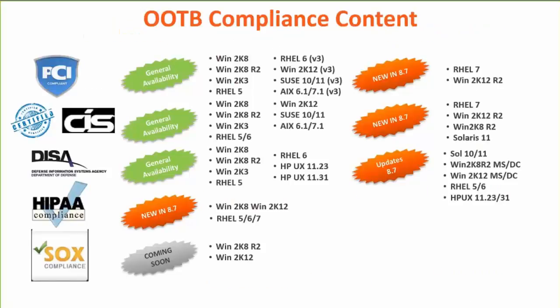One of the key areas where our customers use BSA is regulatory and security compliance. Starting with 8.7, we introduced a lot of newer content as well as updated the existing content. One specific thing I want to point out to the audience is that not only did we provide newer CIS content, what we started doing with 8.7 is we took our content and went to the CIS benchmark organization itself, and